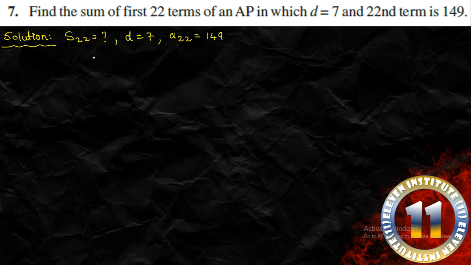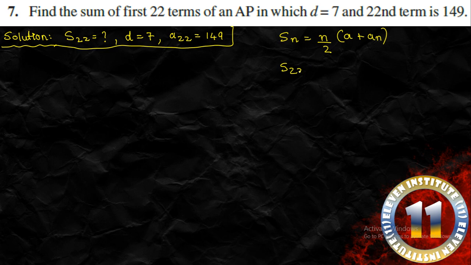We want S22. Now the 22nd term is given and S22 is also needed, so we can consider it as the last term, that this is the last term, right? Is it understood? So A22 is nothing but our last term. Now if I want to find S22, I will apply that simple formula of Sn is equal to n upon 2 multiplied by a plus an. Instead of n, we shall write 22. So this will be S22 is equal to 22 upon 2 into first term plus 22nd term.